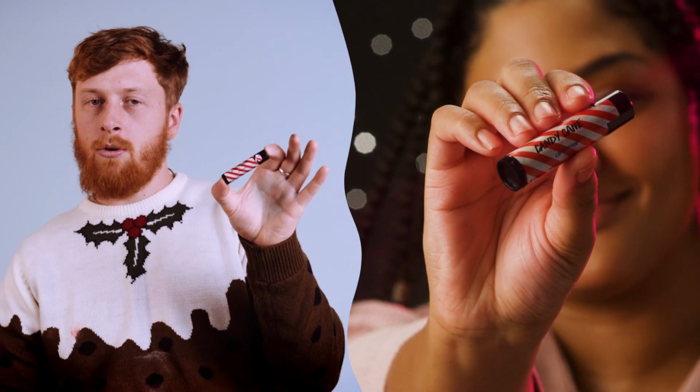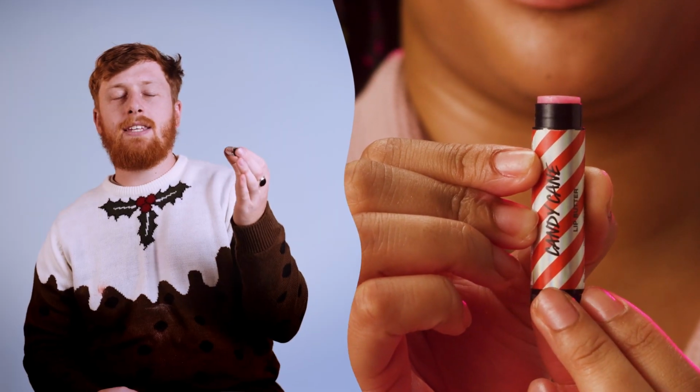New to this festive period's lip care is the candy cane lip butter and the gingerbread lip scrub. The gingerbread lip scrub is super moisturizing and exfoliating. This one is candy cane lip butter. This contains peppermint oil, so it's a great minty, refreshing smell and refreshing for your lips. Next up in skincare, a Father Christmas sheet mask, a Snowman sheet mask,